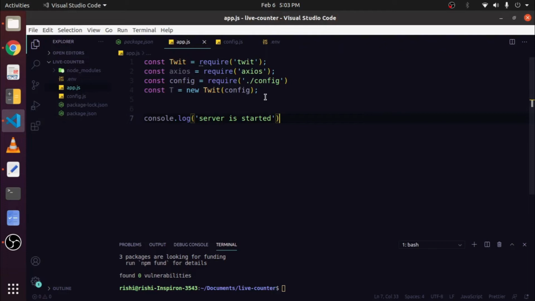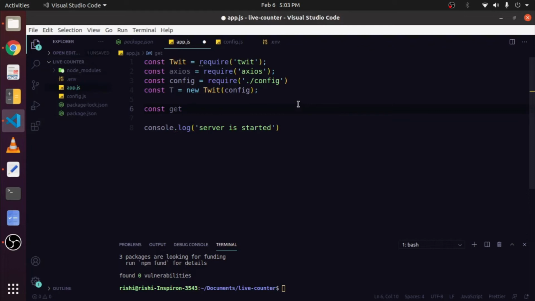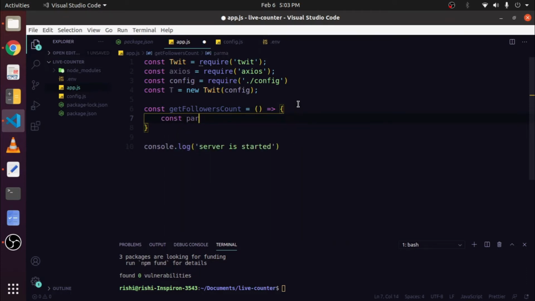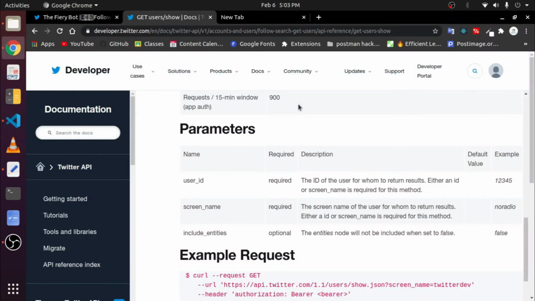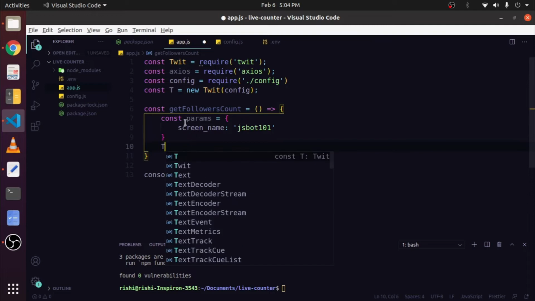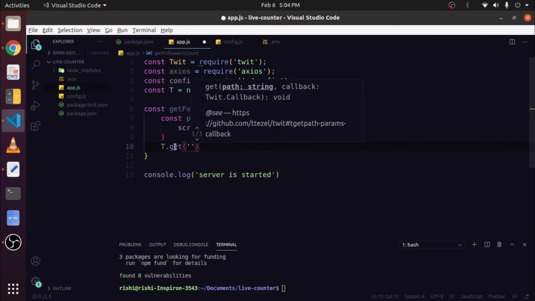So to do that, first open your code editor and then create a new function called getFollowersCount like this, and first create a params object like this, and then copy this screen_name and paste it over here, and then type your Twitter handle from where you want to fetch the current follower count. Mine is jsbot101, and after that type T to use this Twit package,